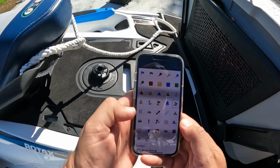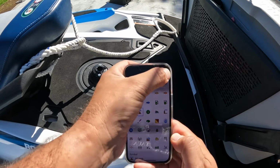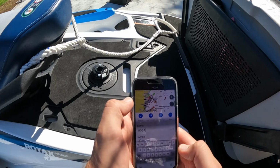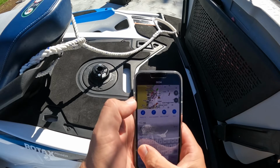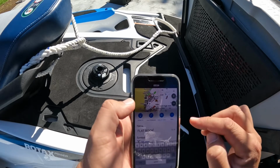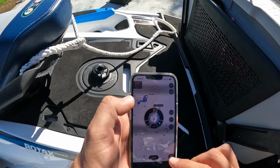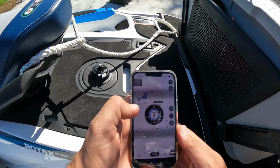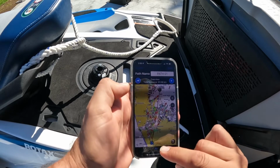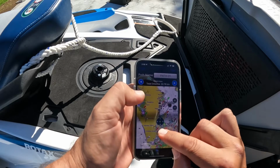It's not a boat ramp, so we'll change our icon to rock, so let's call it a rock. And let's call it Flat Rock. Turn and close. Now that we've got our waypoint or our marker set, we can do Route To. We can do auto guidance, and that's going to take it from where I am currently, which we don't really want. So we're going to drag our start point up here,